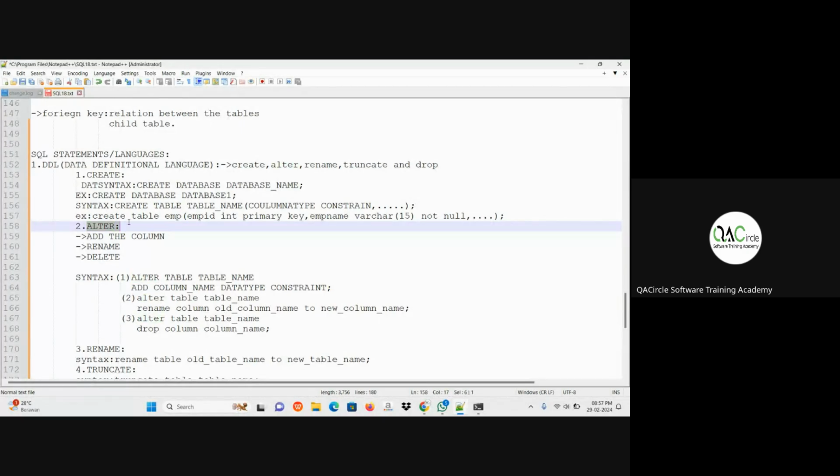That is the alter statement. In that, write down: it is used to modify the table which is already created.